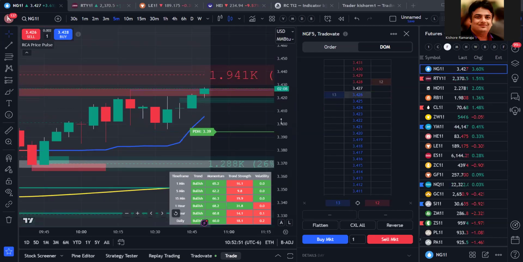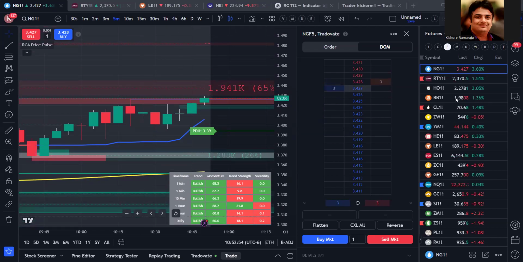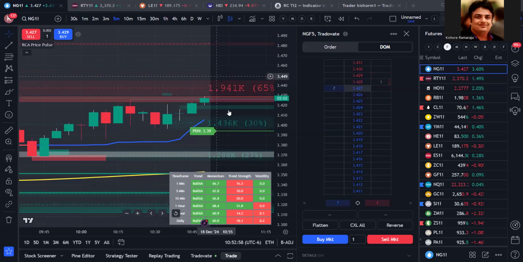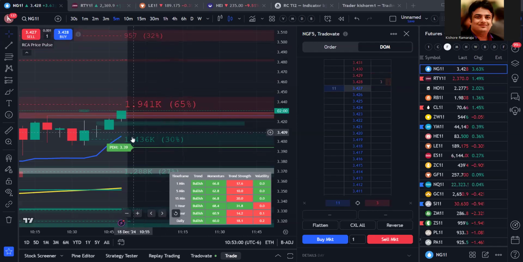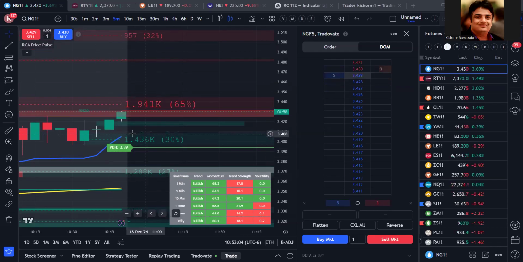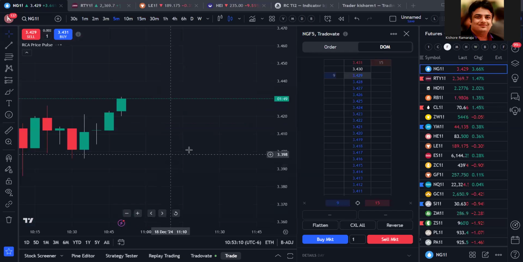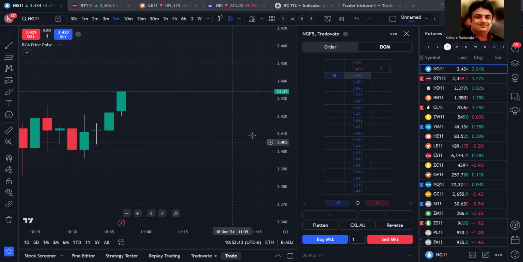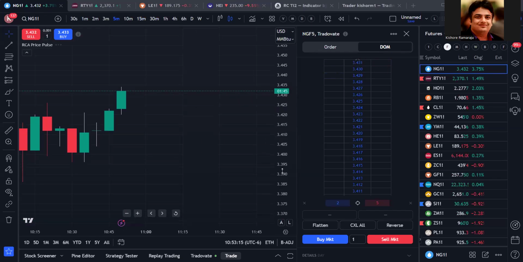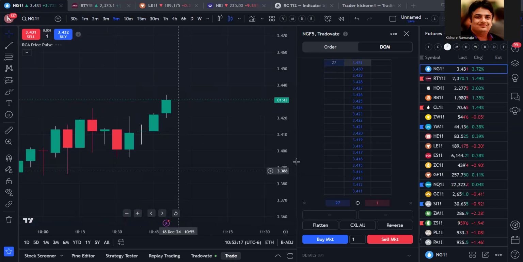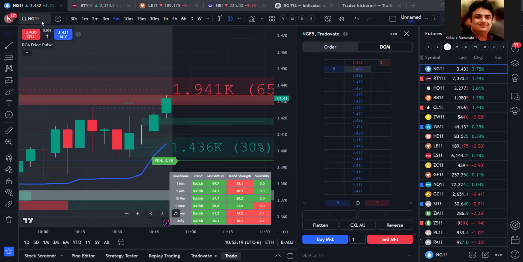You will make profits. At the same time, as I said, if you are just watching natural gas, you can take profits on natural gas. You see now there are more buy orders. That means there are more and more buyers who want to buy natural gas even at this price. You see there is a buy order block, a major buy order block. So more and more people are trying to go long. So now if you see UNG